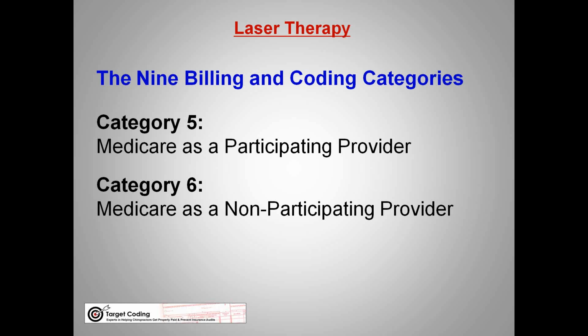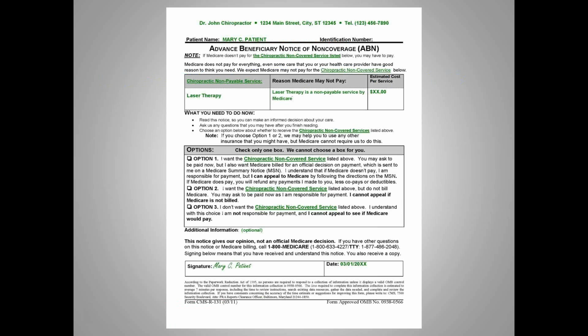If you're going to bill for laser therapy, again, maybe to get the secondary to pay or just to satisfy the patient, put laser therapy in box 19 of the 1500 form, and you may want to send in that procedure report also that I sent you. And on the patient's first visit, whether you're par or non-par with Medicare, I would recommend you have the patient fill out the ABN form.